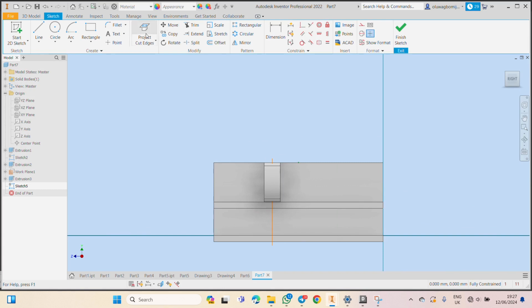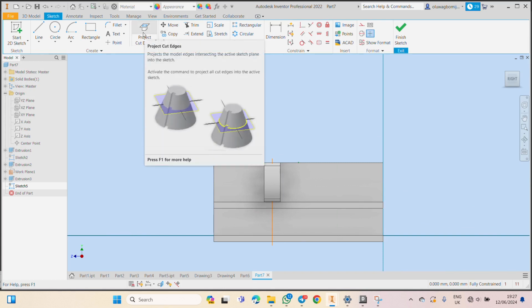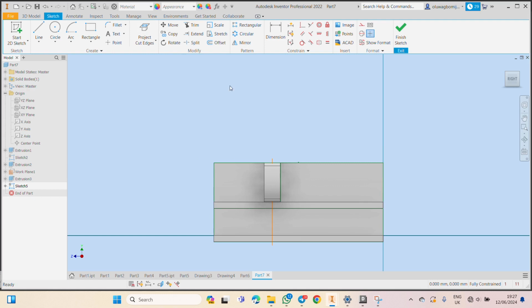So cut edges. So you project cut edges, then you measure the distance. The height is a 19 millimeters distance. 19. Then to get the center, I haven't drawn this line. Let's come here. From this point,